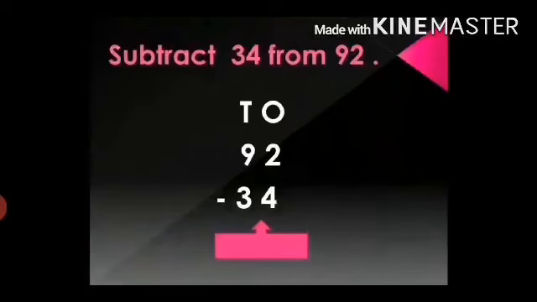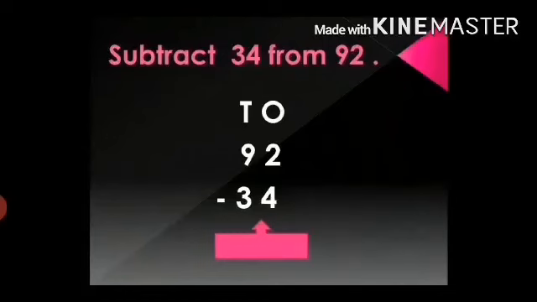As you know, the first step is to write the numbers. Tell me students, how will we write the numbers? Yes, we will write the bigger number first and the smaller number below it. And then we place ones and tens over it. Look at the ones place digits. Kids, can I subtract 4 from 2? No. So, what will we do?